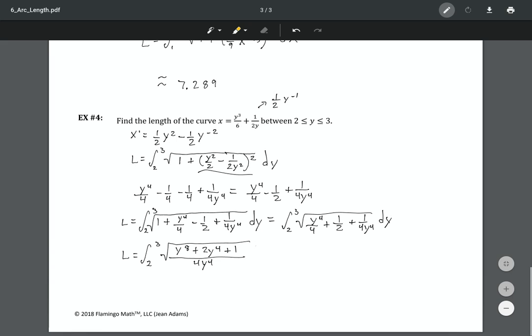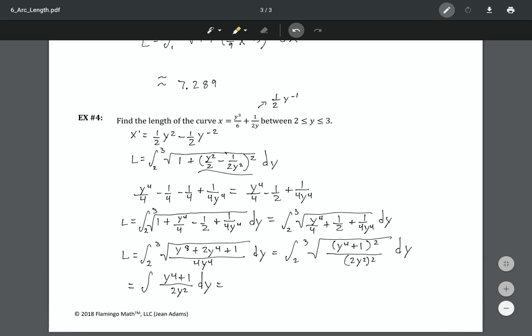All right, so all of this is inside the square root. Now, if I factor the top, I would find out that this is a perfect square. So y to the fourth plus 1 squared would be those two factors, right? On the bottom I have this. So I guess I can rewrite it like this. I can rewrite the 4y to the fourth as 2y squared, all of that squared, which will allow me then to just write it as y to the fourth plus 1 all over 2y squared dy,